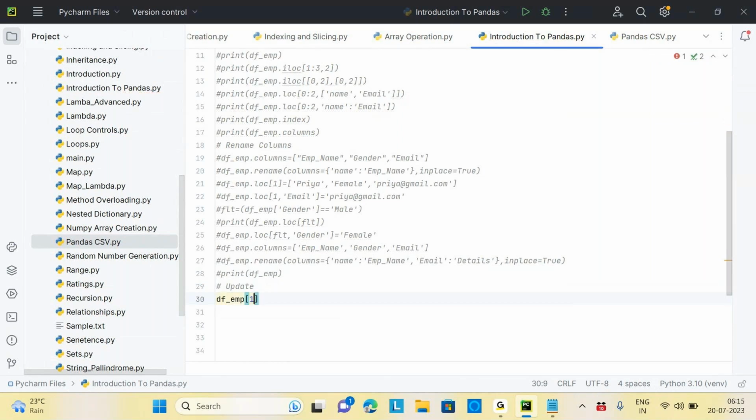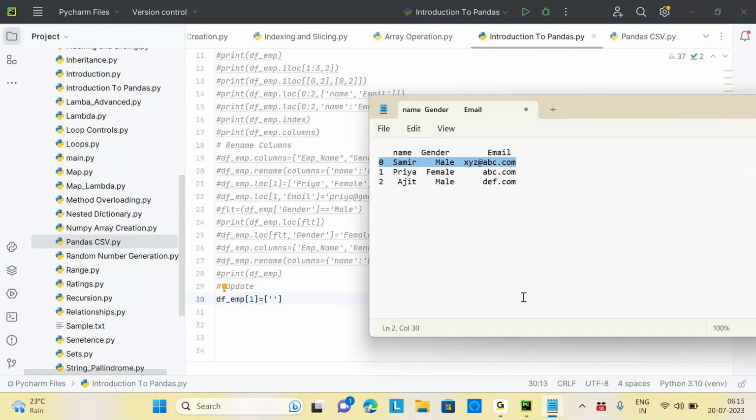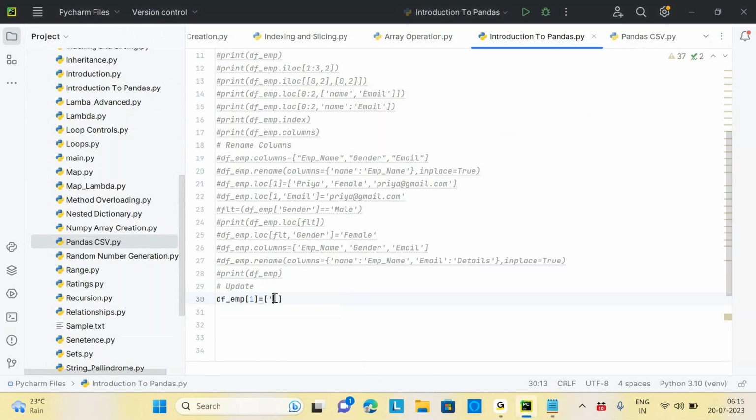Okay. So equals to. Then I need to specify in a list. So the first one is my name. Let's take Priya. Then I can specify the gender. I'm not changing anything there. And the last one, it will be, let's take